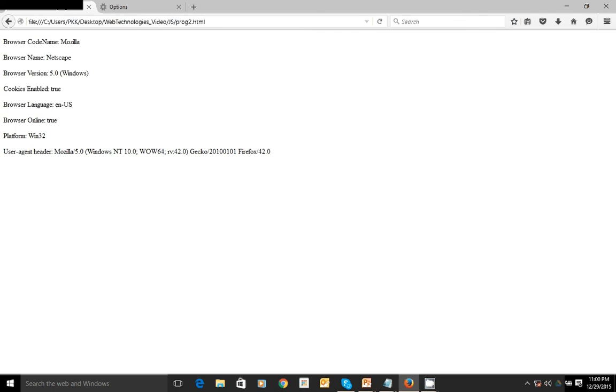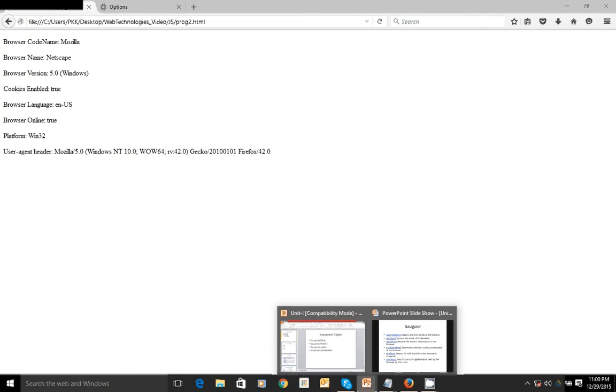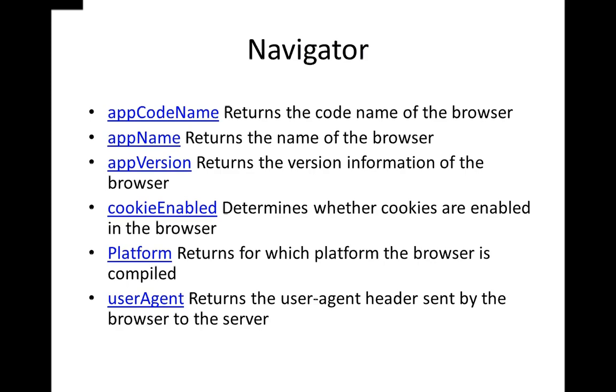Cookies are enabled already. US English is the language which you are using. And of course this browser is working online. The operating system which we have installed is Windows, and this is the user information or user agent header, right? This is all about the navigator object. Using this navigator object, we can get to know the details of our browser.